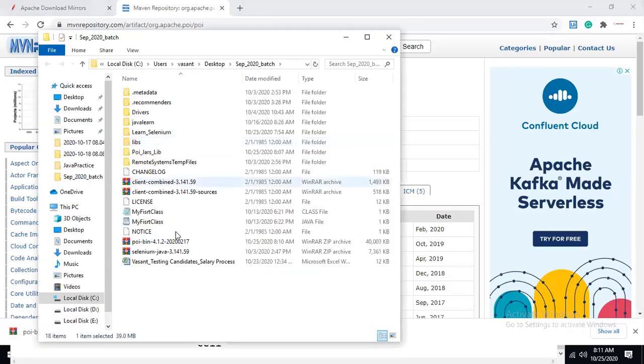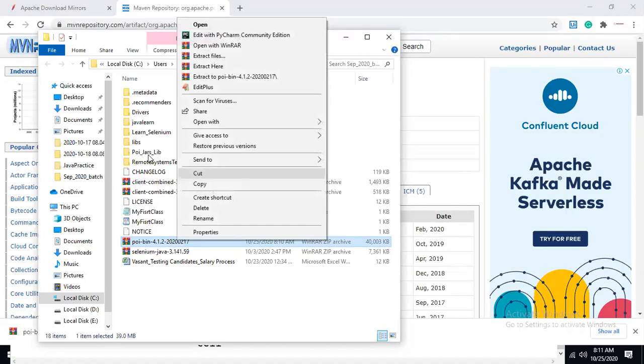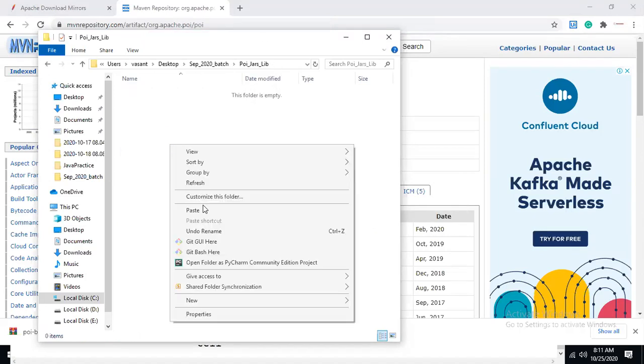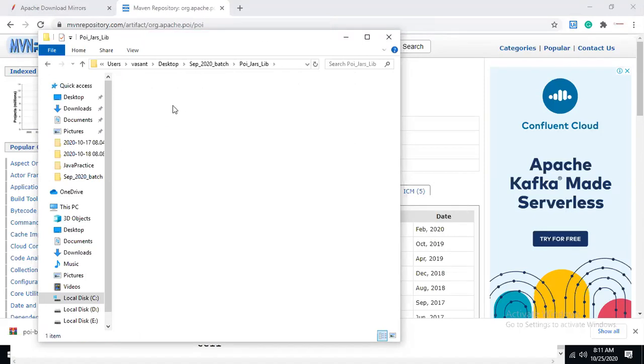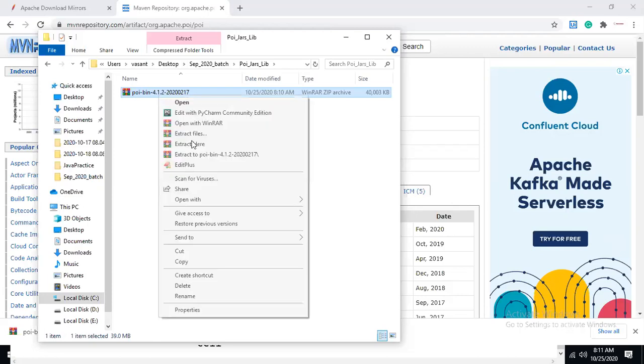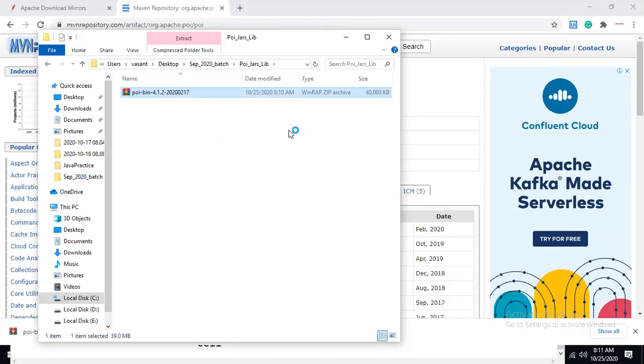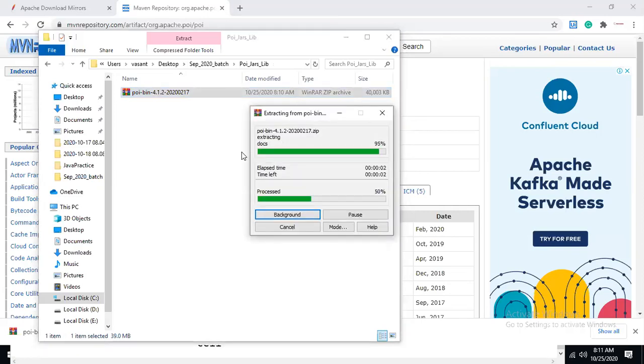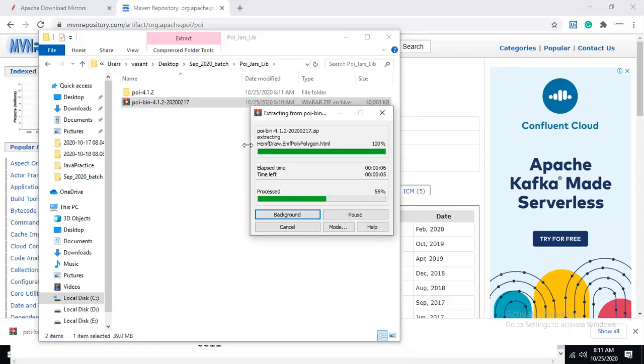This is the location where we downloaded. You see, POI API binary something. Let me cut this from here and paste it in this location. Then right click on this and extract all the files here. Once it gets extracted, it's taking time.